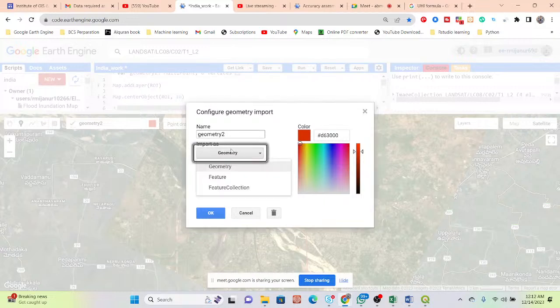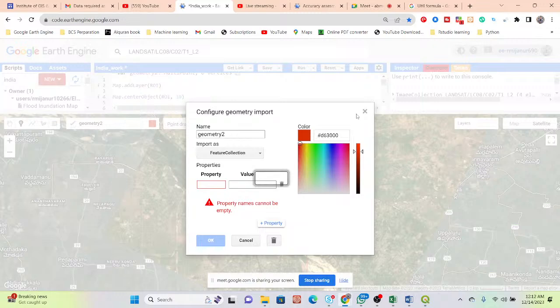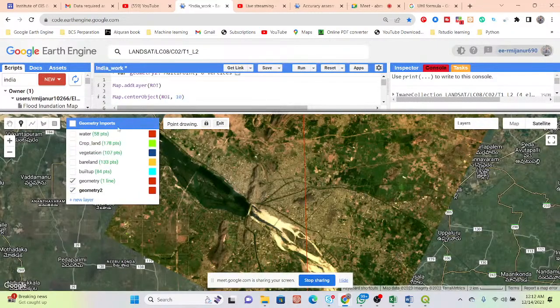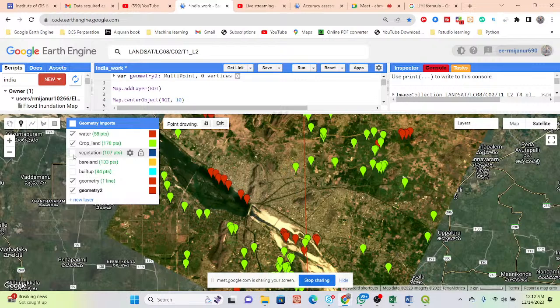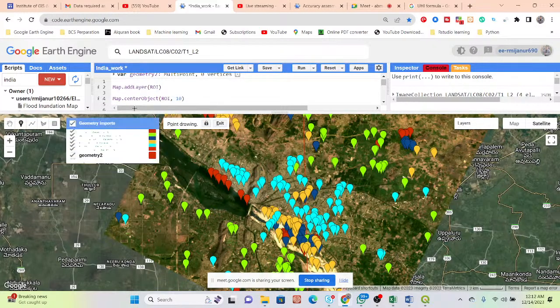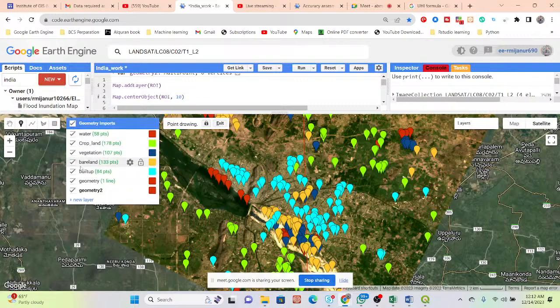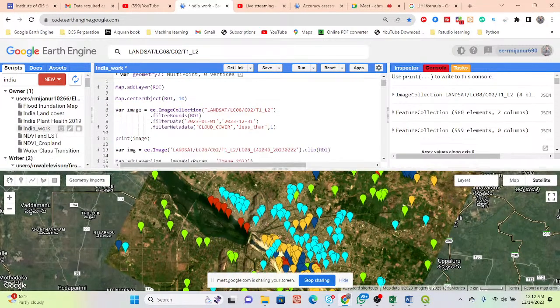Put the name, feature collection, and put the property name. Using this process, you just take these training points. As you can see, water body, we take the cropland, vegetation, build up, barren land. We just take these training points from the satellite images. After that, we simply extract some